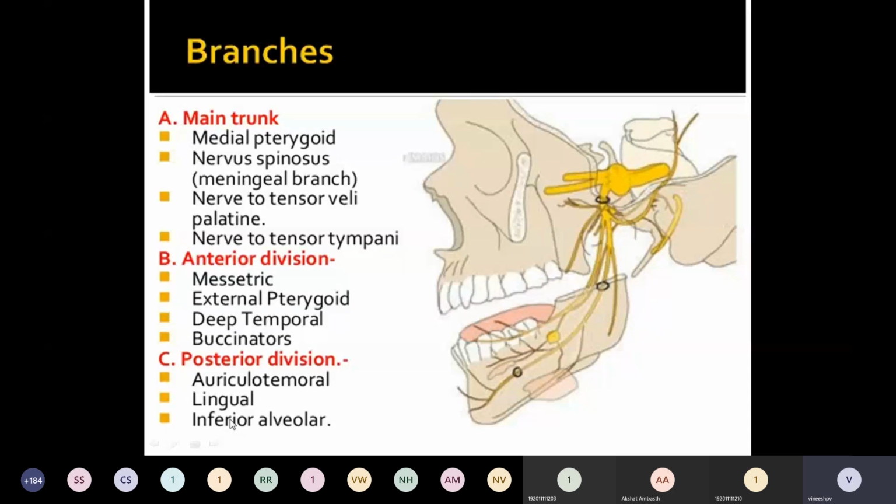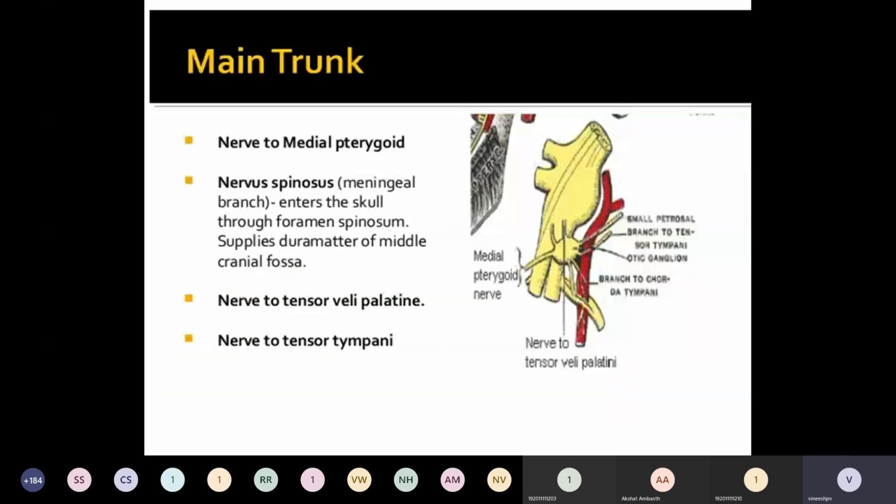But they will ask us long essays as a 10-marker question. At that time, you are supposed to explain the lingual nerve and inferior alveolar nerve in a little detail. And sometimes the inferior alveolar nerve itself will be asked as a 5-marker question. Even the lingual nerve will be asked as a 5-marker question. So if you take each part of the mandibular nerve in detail, there is no need to tell the relations and all.